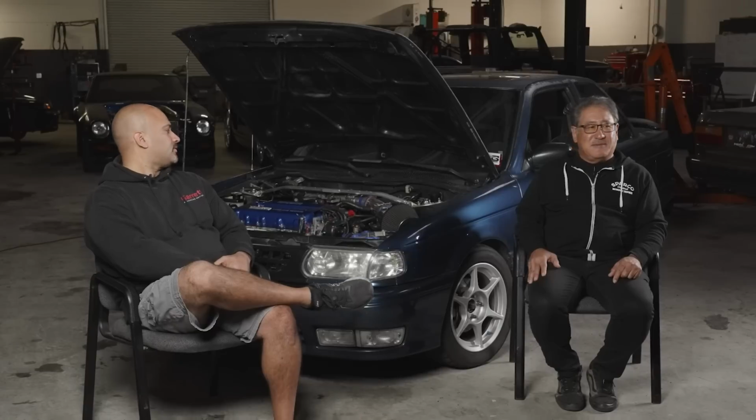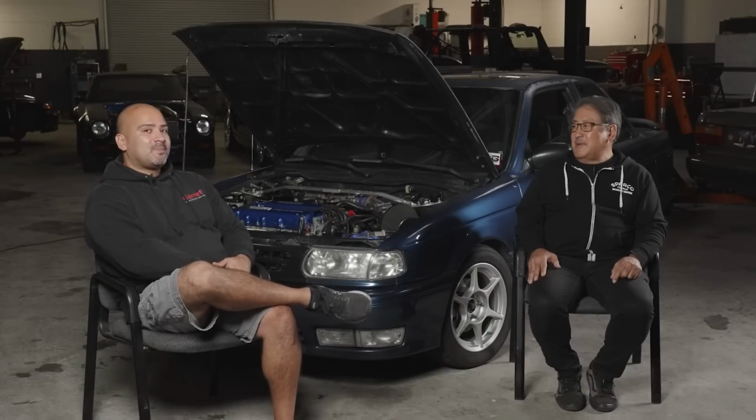Yes, sir. And N1 cams. As far as the valve train goes, that's really all we did to the valve train. But I mean, we did do a full DPR port job from no longer around. But so I guess that's kind of a bit of a relic now. The N1 cams was the cams used on Nissan's